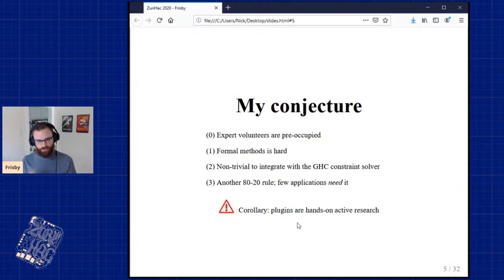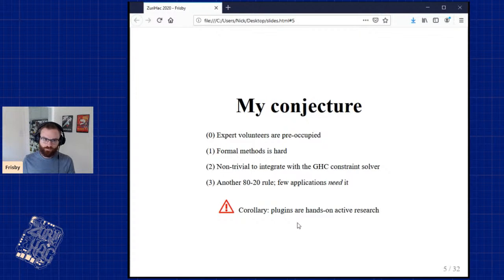So my conjecture is sort of fourfold here. The base reason is that the people who could make it understand are preoccupied with something else. Why does it require experts? It's because formal methods is hard. The GHC constraint solver is part of the type checker, and that's obviously a sophisticated piece of machinery. But for something like addition of naturals, there's prior art in the literature for the past 70 or so years about how to do that